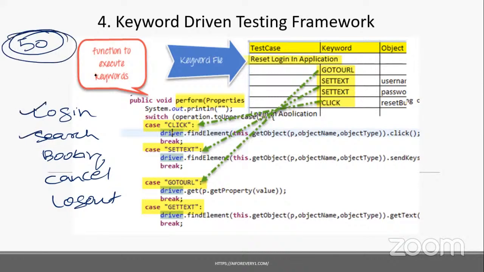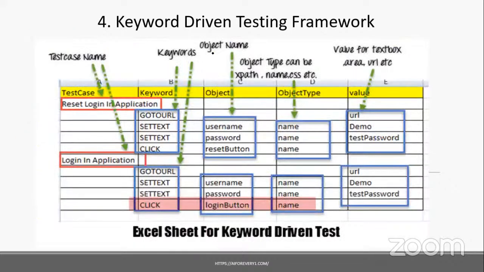For all the 50 functionalities, we will hire a Java coder. They will complete all these 50 functionalities as user defined methods or functions. After completing this, they will create a framework in such a way that in the Excel sheet, you have to give it in a sequence. They will create a format.